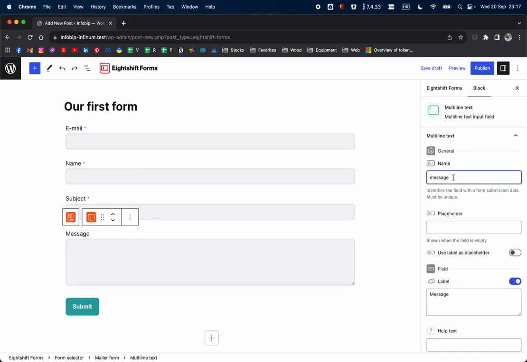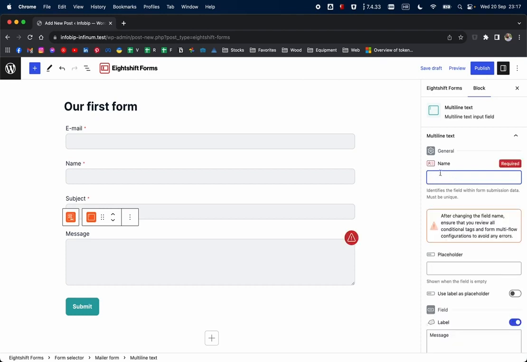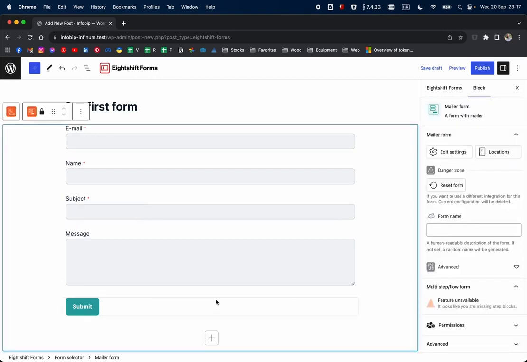The only thing you must remember is that each individual field must have a name specified, because without that the form will not submit that field. So if your name is not defined, it will show a required marker and a question mark here and stuff like that. So just write something that you know what it is. So let's say MSG. Okay, and if we click